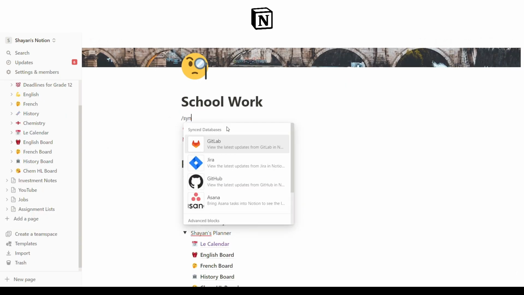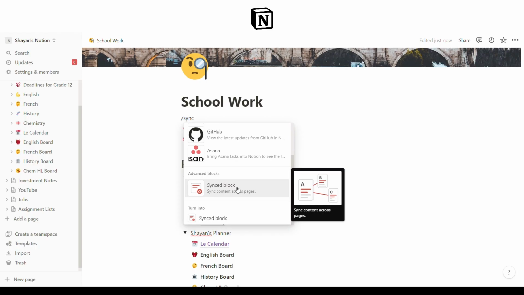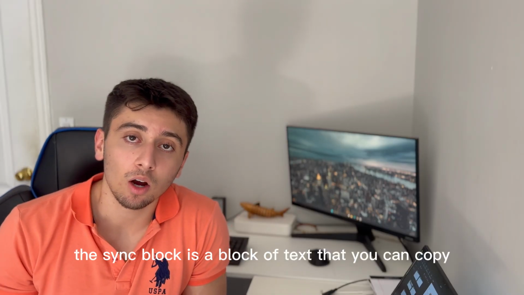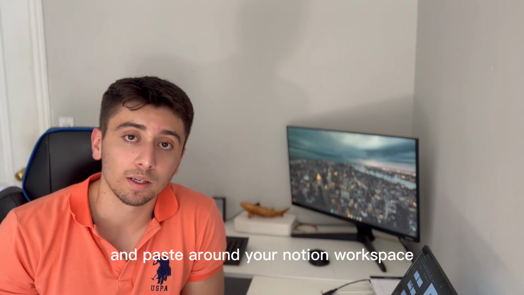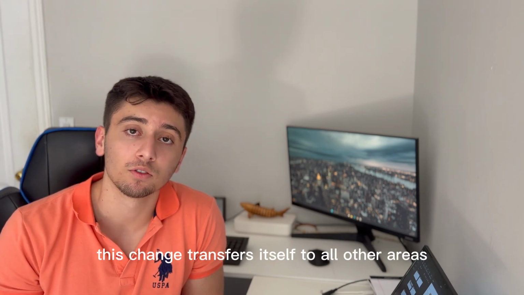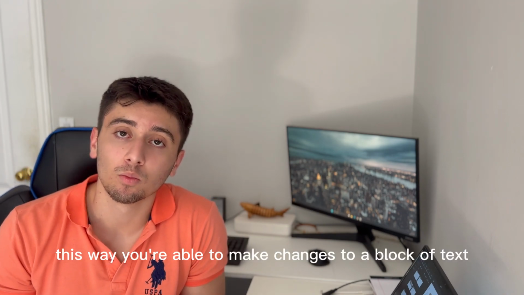However, what you can do instead is use the sync block. The sync block is a block of text that you can copy and paste around your Notion workspace, and once you edit it in one area, this change transfers itself to all other areas. This way, you're able to make changes to a block of text and not have to go back and forth